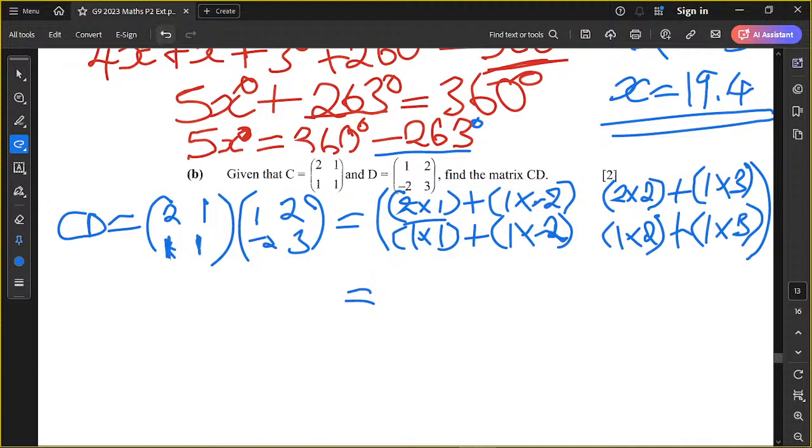sorry, let me write the bigger matrix like that. Then we say 2 by 1 will give us 2. Then we multiply this, 1 by negative 2 will give us negative 2. Sorry, this is plus sign, then we say negative 2. Okay, like that, plus negative 2. Then